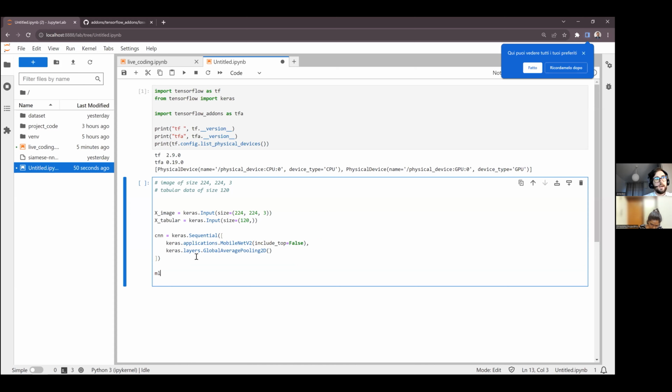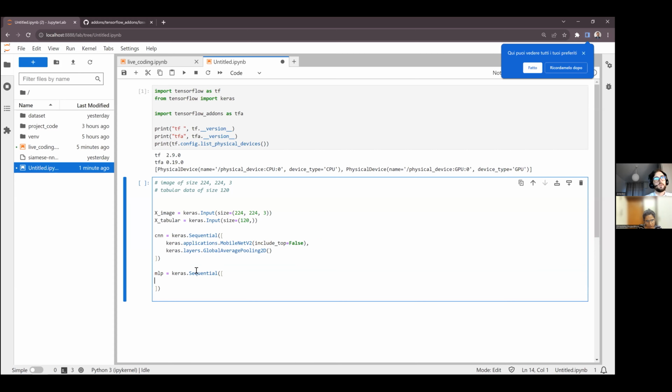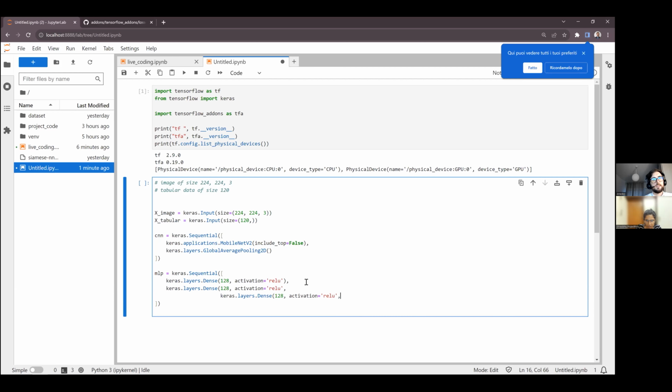Then I want my multi-layer perceptron, that again would be a sequential model. You should define how big you want this net, but something like relu, and so on.